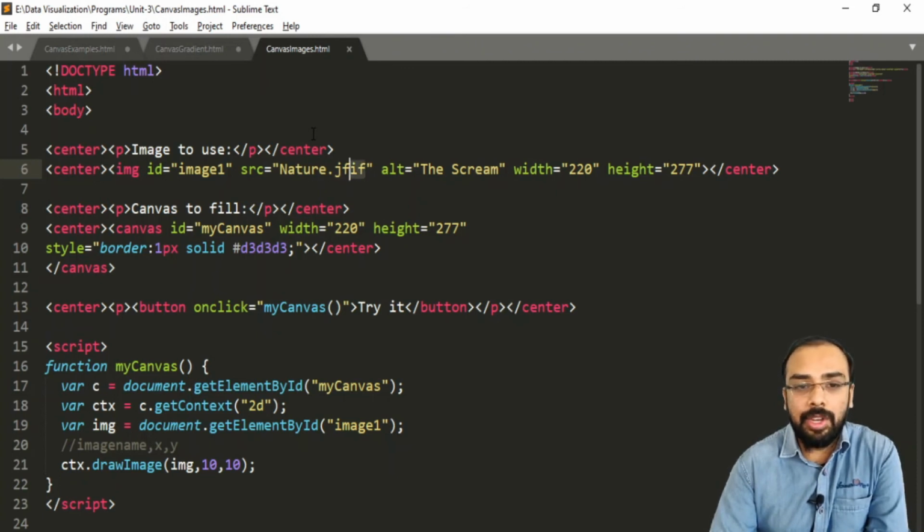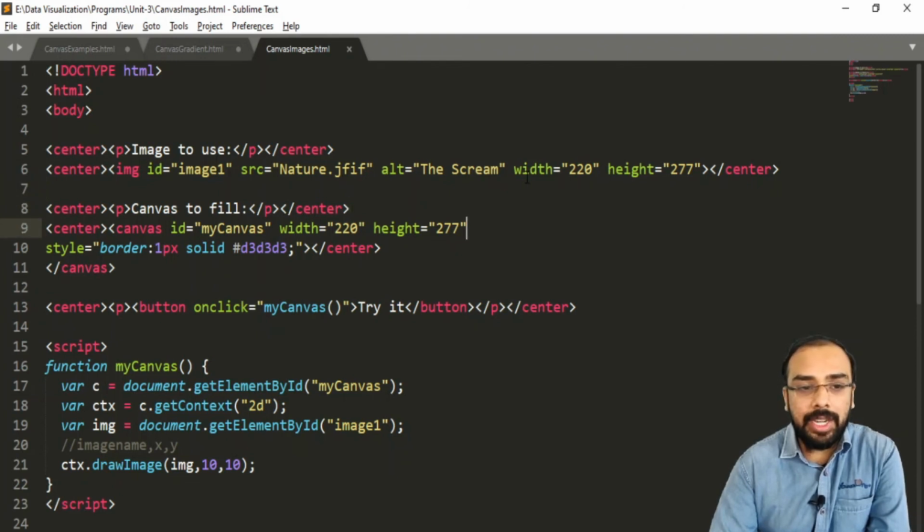This is one of the formats of image. And please note one thing, whenever your image is residing in the same directory where your HTML file is present, simply we have to specify the name of our image with extension. If it is not there, then we have to specify the entire path. Then another attribute we have taken is alt, that means the alternative text that we want to display when the image is not loadable. Then we have specified the width and the height of our image, that is 200 pixel and the height is 277 pixel. So we have first displayed an image.